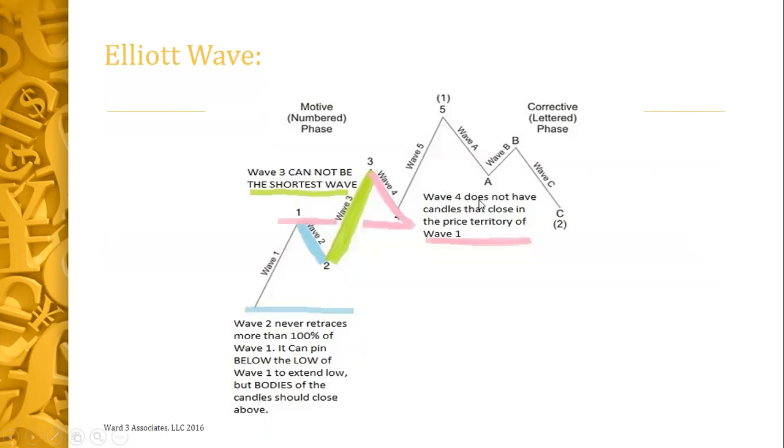Guideline 4 says wave 4 does not have candles that close in the price territory of wave 1. So wave 1's price territory is from this swing low to this swing high. That's why this pink line is drawn over. That's giving you that high point or that structure point. Wave 4 is a retracement. So what we're looking at, guys, is wave 2 breaking through this high. Wave 4 comes down and tests that high point and then shoots back up for wave 5. If wave 4 gets below this high point, then it's going to continue down, and that's when the higher degree of a cycle might be in play.